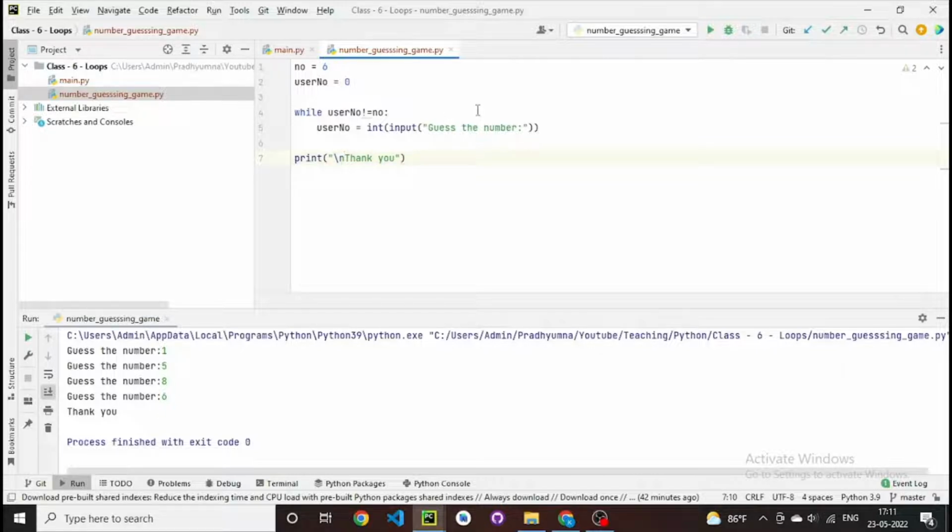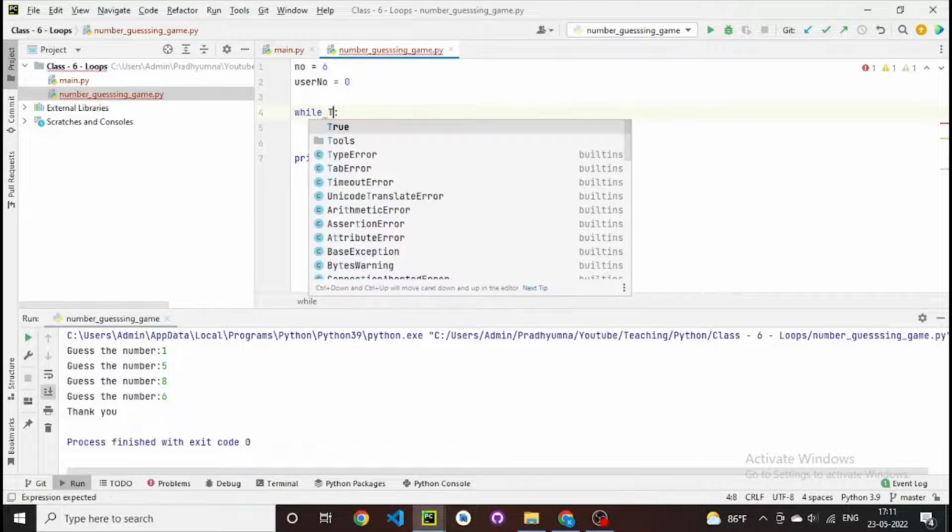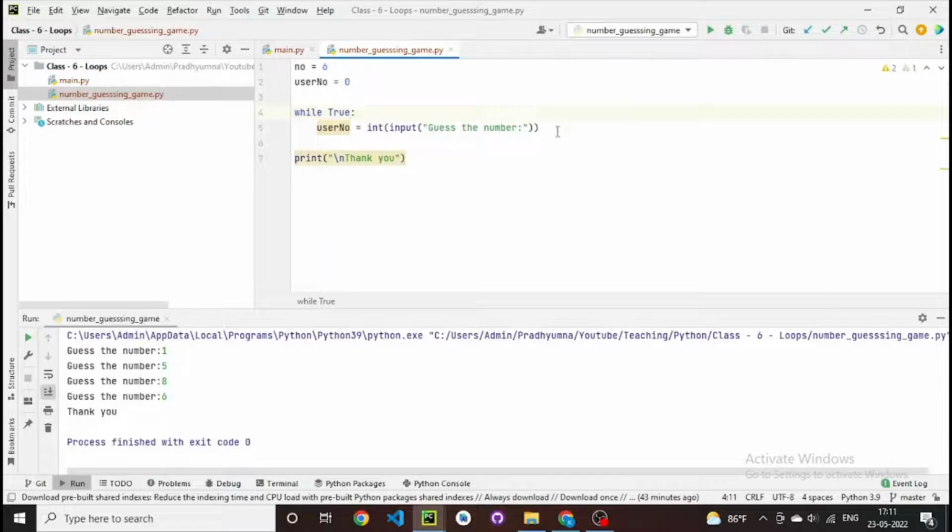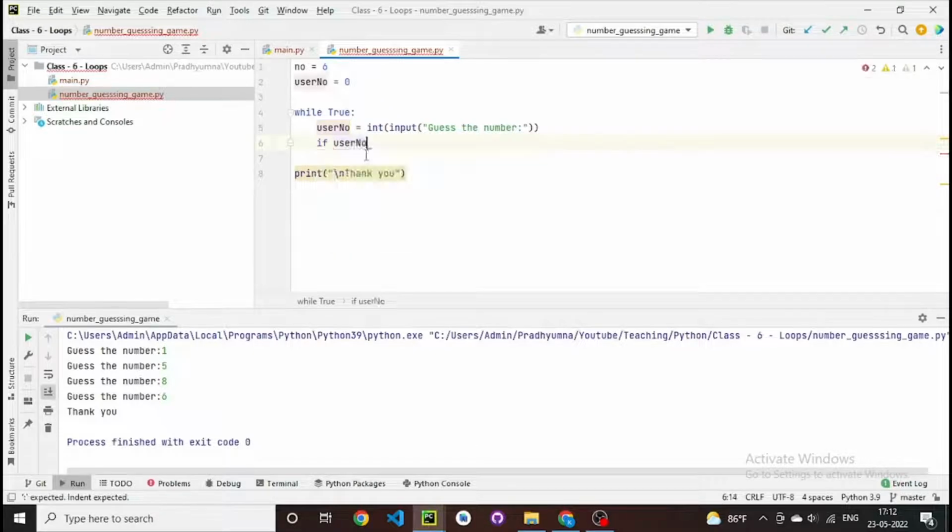Now we can do this in a better way using an infinite loop. In an infinite loop, instead of using this condition, we just write it as already true. So this loop will never break automatically because it is already true and it cannot be made false. It will always be running. As we saw in the for loop, we are supposed to use a statement called break, which will break this loop. So what we do here is, if user number is not equal to the number,